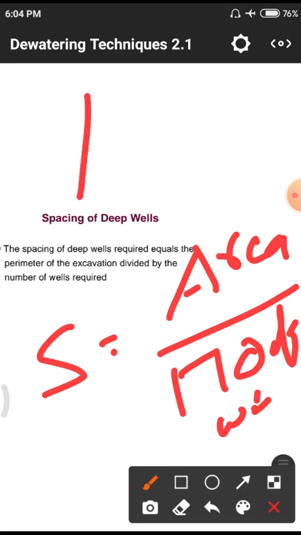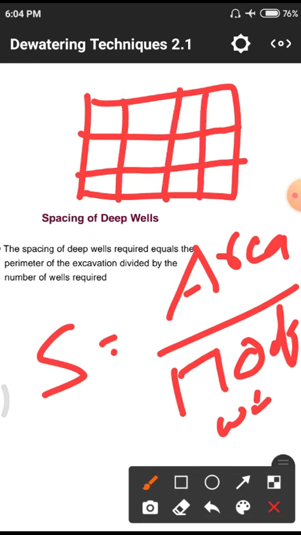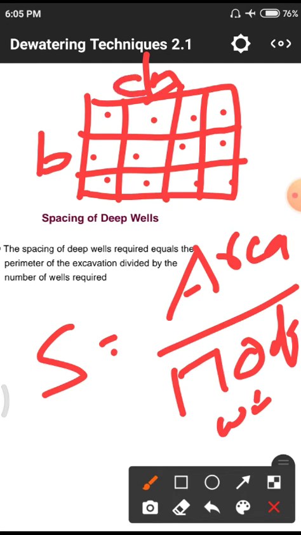That means the total structure is there. In this total structure we need to have this quantity of grids, so 12 grids we are having. In those 12 grids, first of all we need to calculate the area. Area will be obtained by multiplying b by h, that means breadth into depth. Normally it is height, but here we need to use depth. Breadth into depth gives the area in meter square, for a particular number of wells. Divided by the wells, we get the spacing.